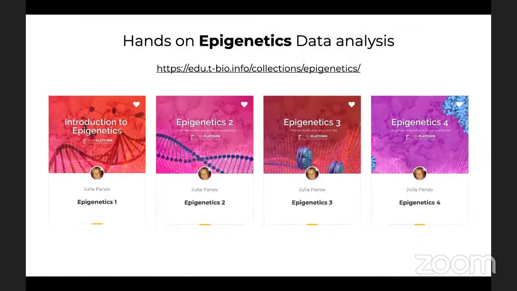And if you're interested to get an introduction to mechanisms of this non-coding gene expression regulation, then I would recommend this epigenetic series, where you will learn about the regulation of gene expression with regulatory RNAs, DNA methylation, its mechanisms, assays to find it and study it, and ways to analyze this data. So the data that is associated with these assays, such as bisulfite sequencing, histone modifications in epigenomes, and also ChIP-seq data analysis. And last,